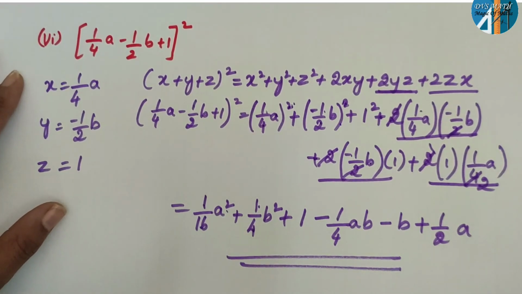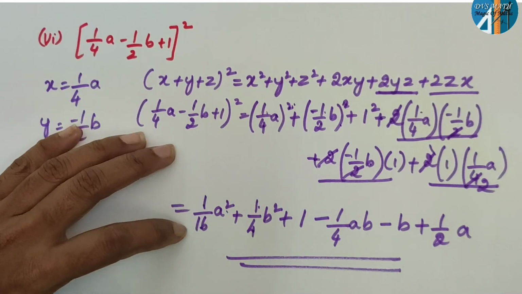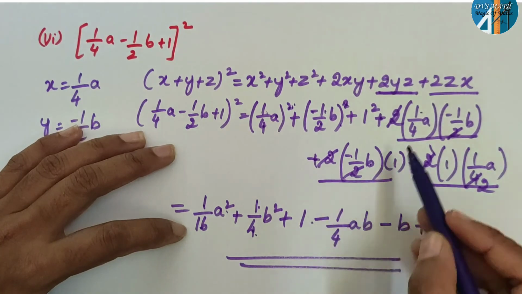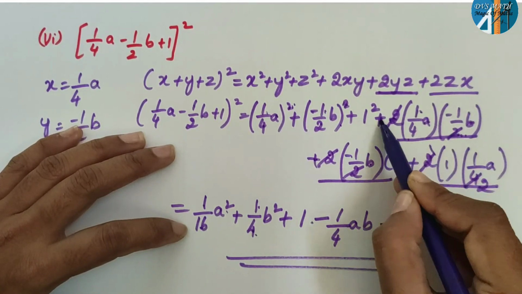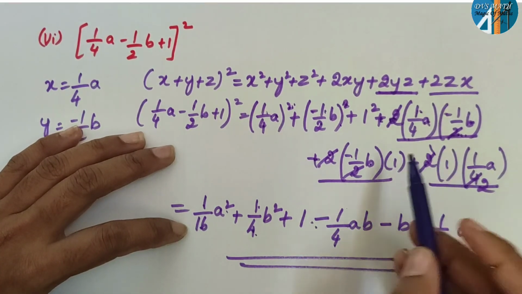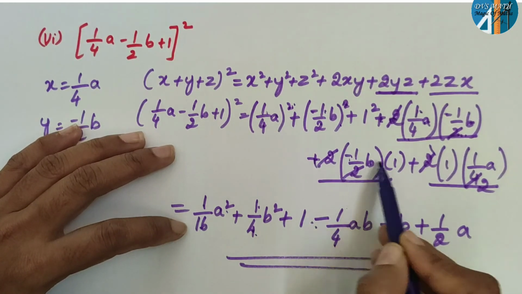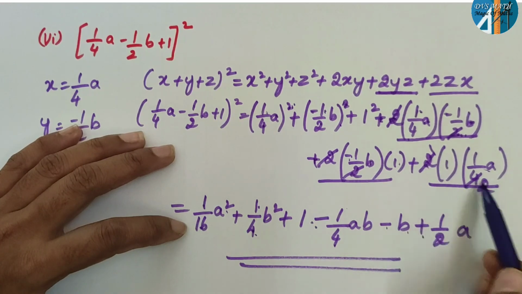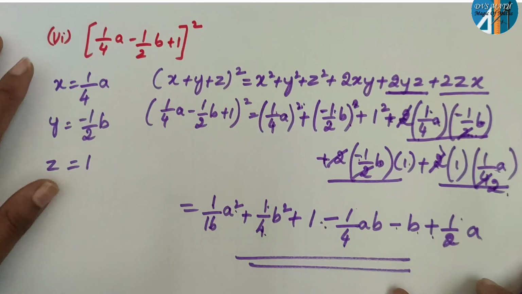Here be careful, you have fraction type like 1 by 4. So 1 square 1, 4 square 16. 1 square, minus 1 square 1, 2 square 4. 1 square is 1. Here you can cancel it. 2 cancel. 1 by 4ab, plus into minus, minus. So 1 by 4ab. But you come here, 2 cancel. You have only the b, plus into minus, minus b into 1, b. Okay. You don't have any sign here. So plus 2 ones are 2, 2 twos are. So 1 by 2a. So this is the sub question 6 in your question number 4 in your exercise 4.5.